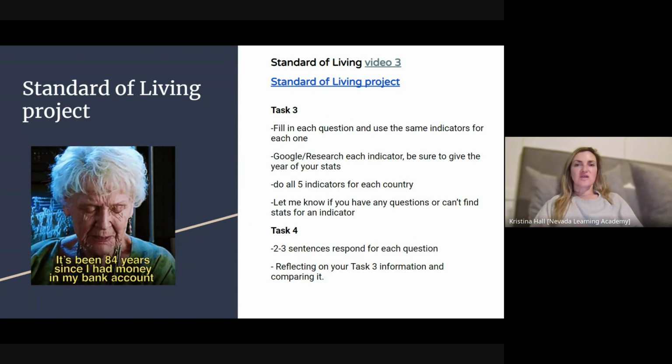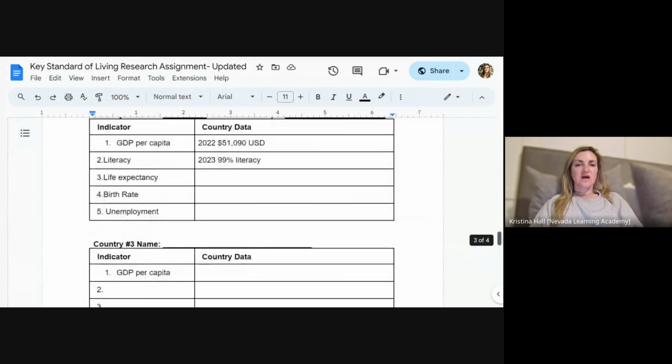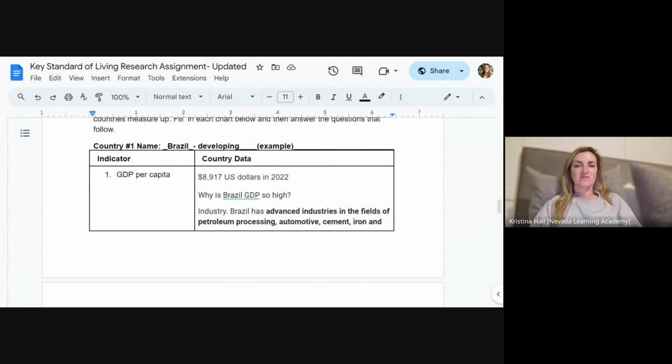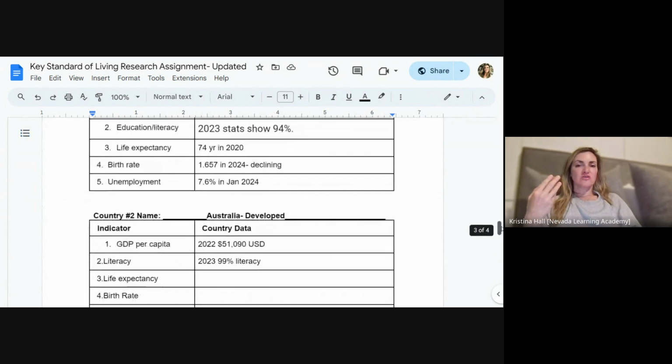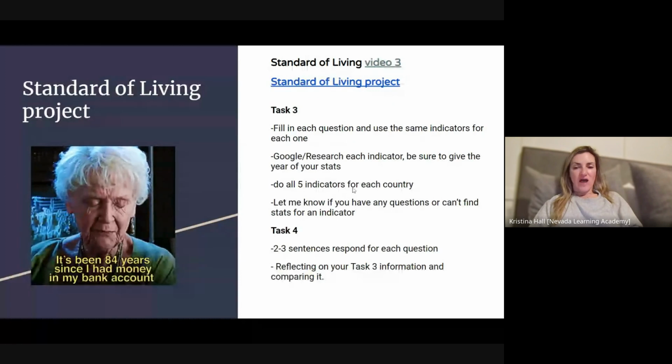Just like we did together, I can't emphasize that enough because you will lose points. I obviously need a stat, but I also need a year. We want it to be within 2 to 3 years, as current as possible, so 2022, 23. When you are done with all that, then you will submit this for week 11,